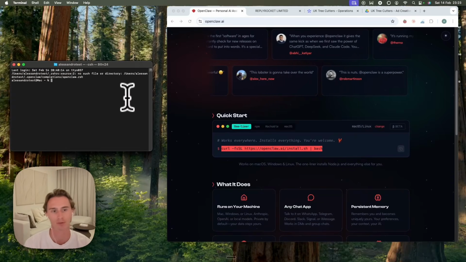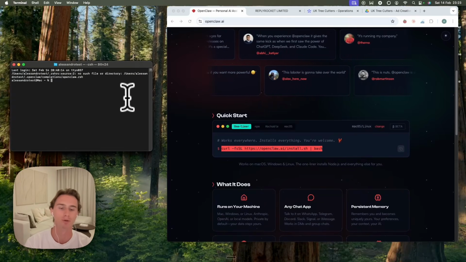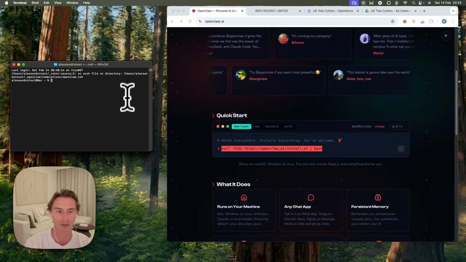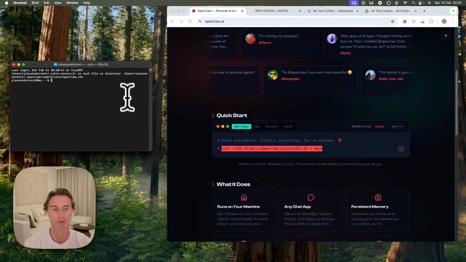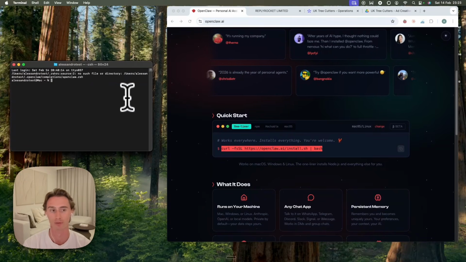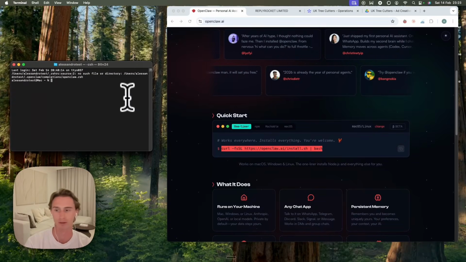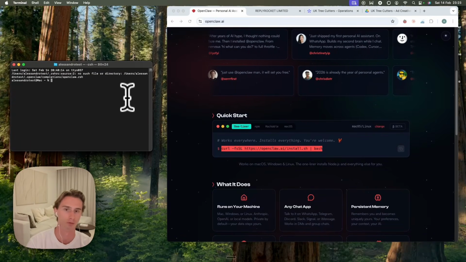The only thing is, if you want this to work 24/7, you will need to configure your computer, or your Mac Mini, or your desktop, your Windows desktop, whatever you're going to install it on, to be always on and to always be connected to Wi-Fi, obviously. Now, there are 2 ways. You can do it on your Mac Mini, or you can also do it on a VPS, which is